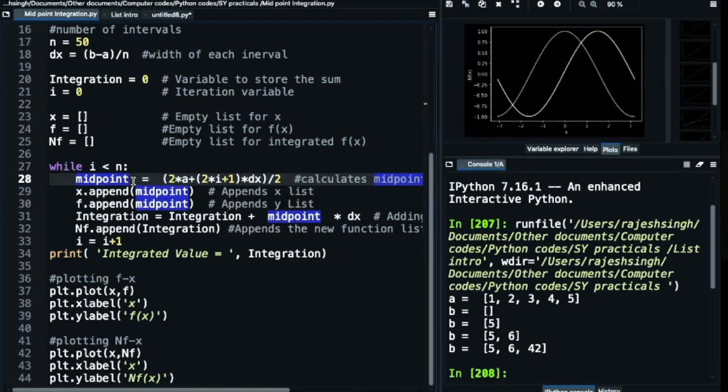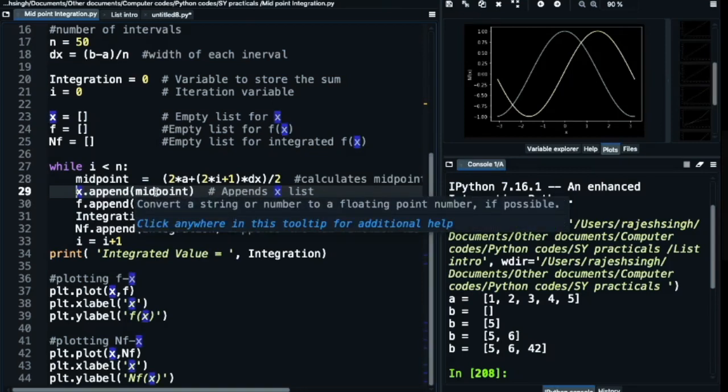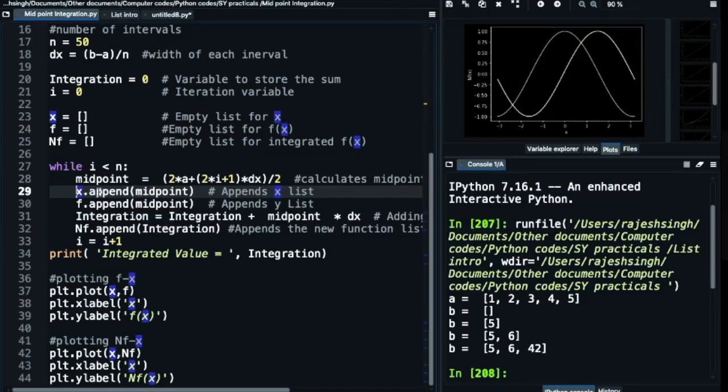I calculate the coordinates of the midpoint for each interval, and I append my x list. Every time I calculate my midpoint, I append my x list. Every time I calculate my midpoint, I also append my f list, the function list.